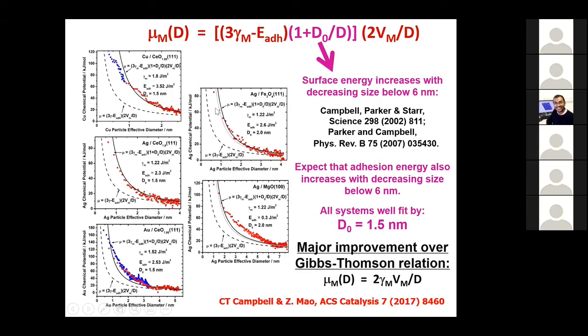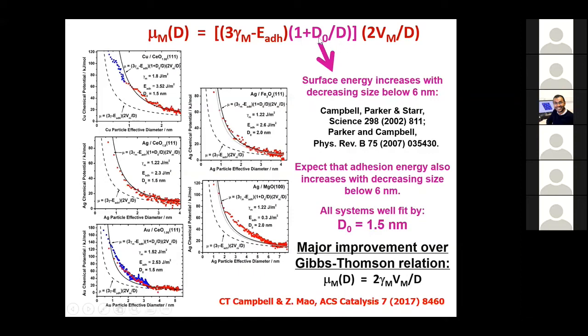We measure these data with our calorimetric techniques from differential heats of adsorption. And we realized that all of these differences could be patched up by a simple empirical correction where D0 is 1.5 nanometers, and this is diameter instead of radius now. And the reason that that correction is needed,